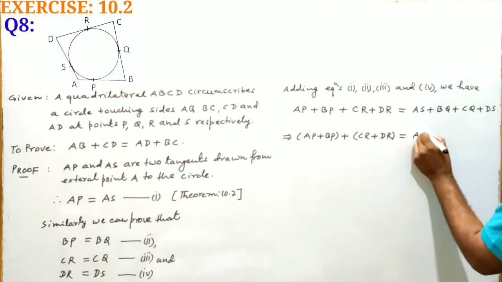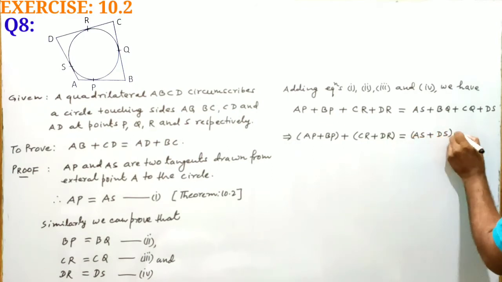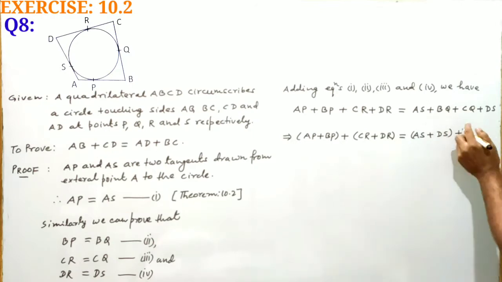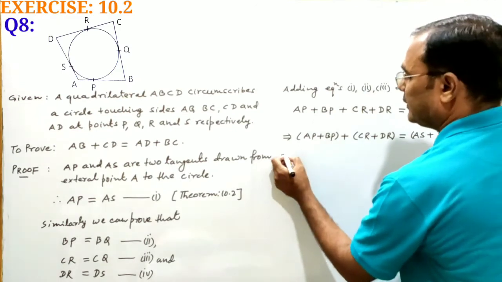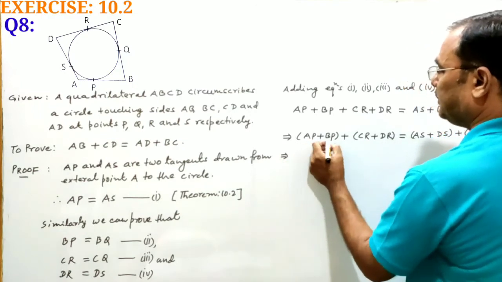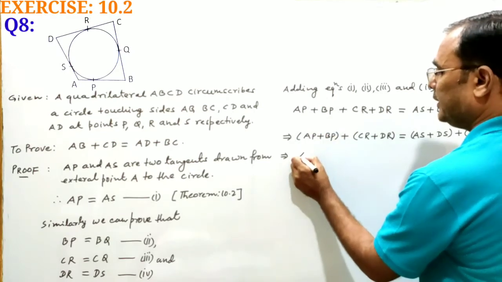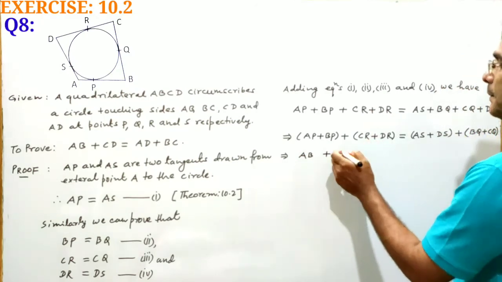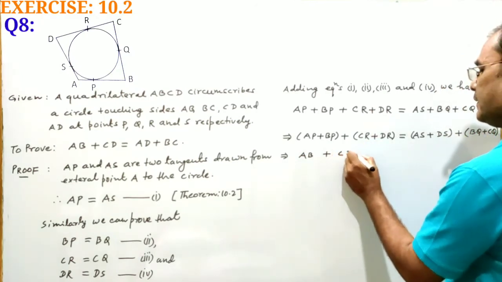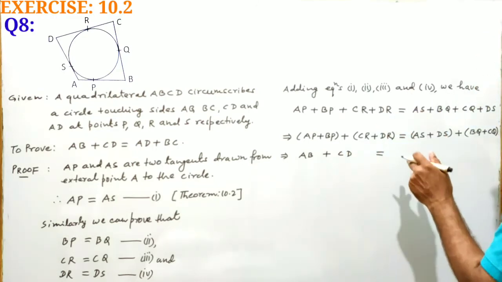AS plus DS, let's write together, plus BQ plus CQ, and this implies AP plus BP is equal to AB, so AB plus CR plus DR is CD equal to AS plus DS, as side AD